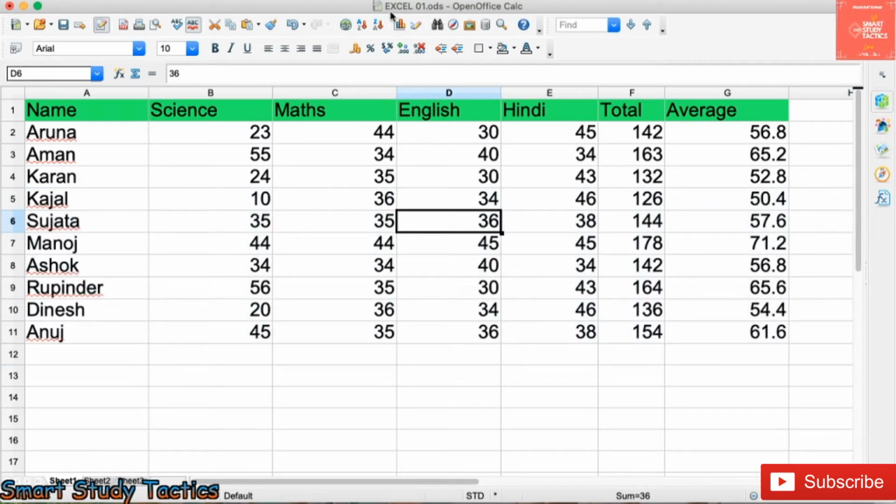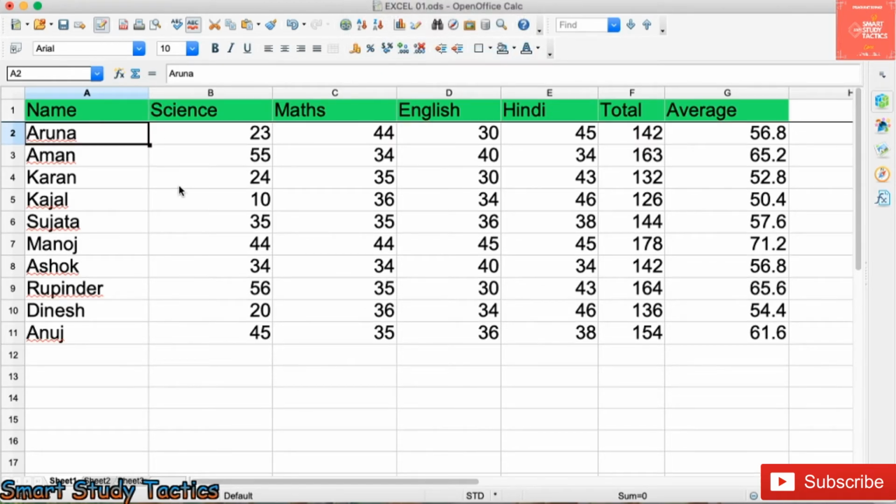But now I am going to tell you how to freeze the column and how to freeze the row. First of all, the row. Here you can see I want to freeze this area, which is green. So how will I do that? In MS Excel, it is easy. You have to click there, go to the Home tab, go to the Cells group, and you can get Format Cells there, and directly you can go to Freeze Row and Column. But here, if you want to freeze this row, then you have to come to the second row, click on Window and Freeze. Your row is frozen.